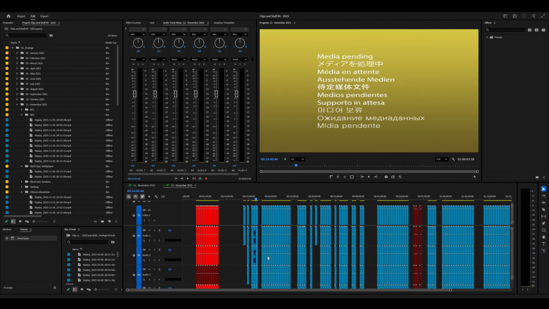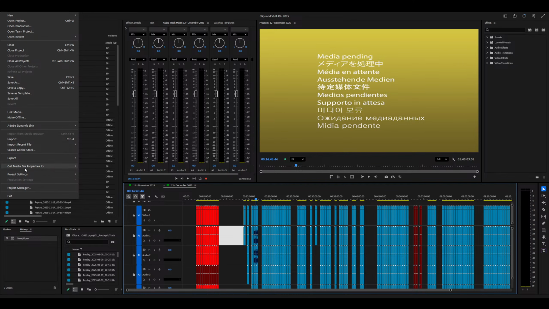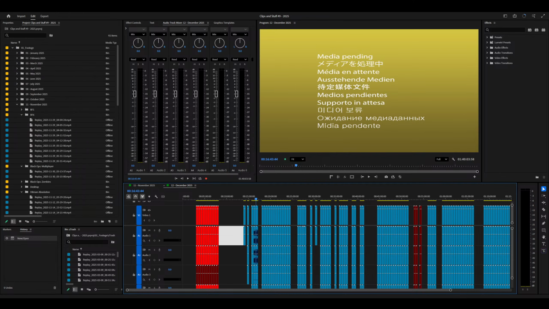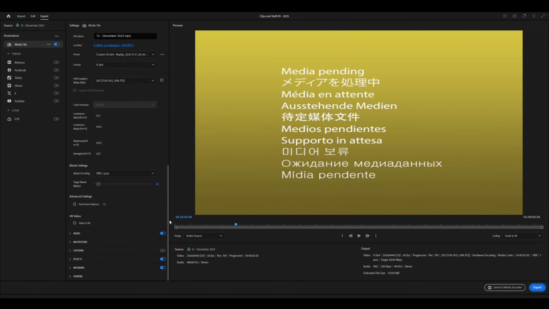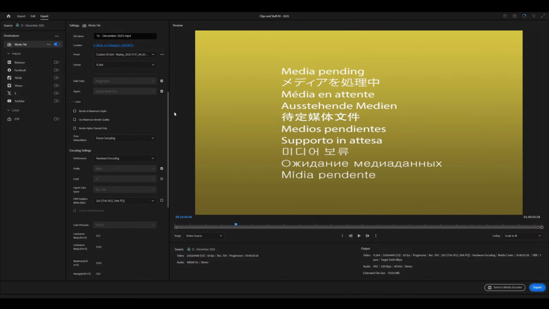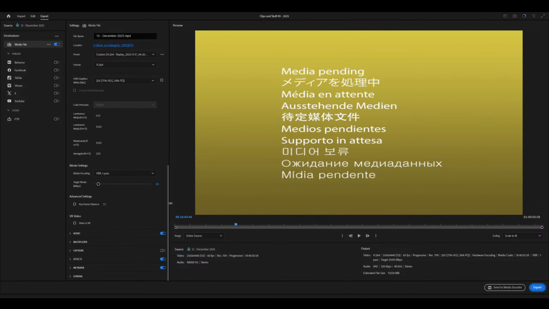I'm gonna explain what I want to do in a little bit, but the high level overview is that I basically want to set up one shortcut, one hotkey exporting solutions for myself. Usually when you want to export in Premiere, you have to go up to the export menu, which is over here: File, Export, Media. The problem with this approach is that there are so many different options, and each time I'm exporting a video, I have to make sure all the stuff is set up